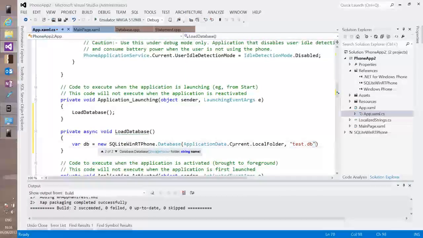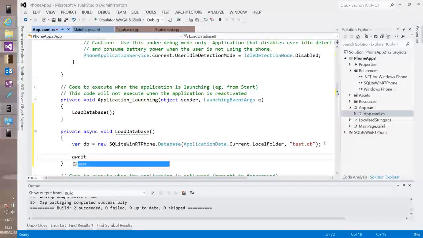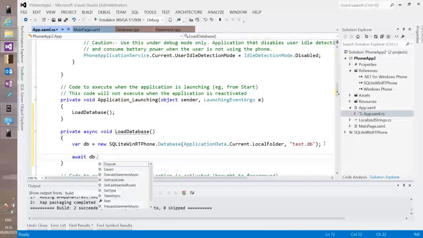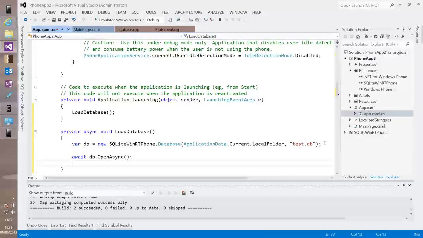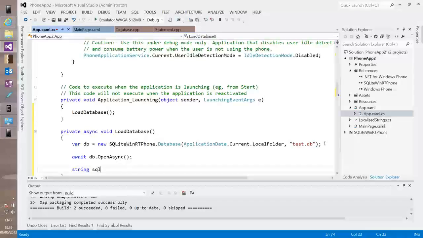The extension doesn't matter. You can call it whatever you like. And all that's doing is setting the path, if you like, where the database is going to be. And then we call await db.OpenAsync. What that will do is, if the database doesn't exist, it will create it for you. And if it already does exist, it will just open it for you. So we've got to open our database file, and then you can do stuff like create ourselves a SQL statement